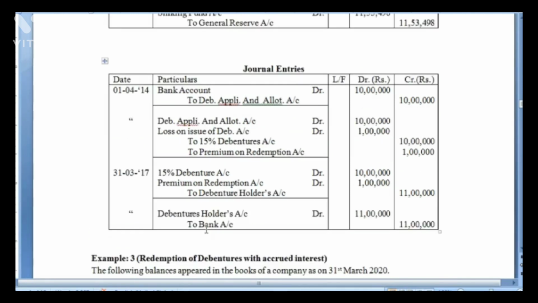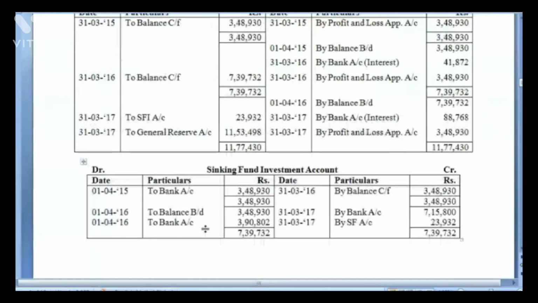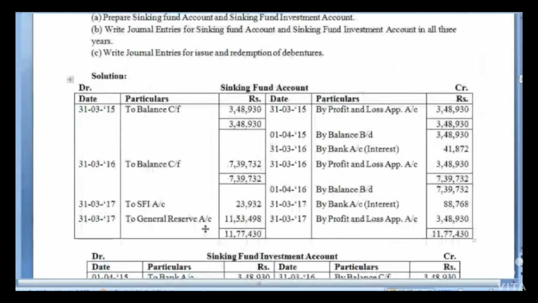Clear? So how to create the DRR account, Debenture Redemption Fund, or we can say a sinking fund, or called